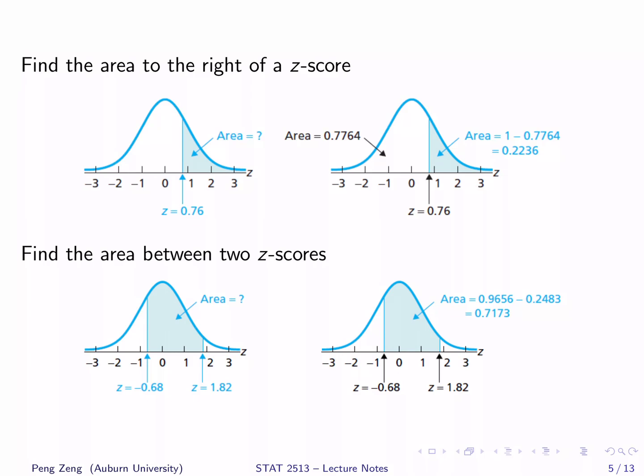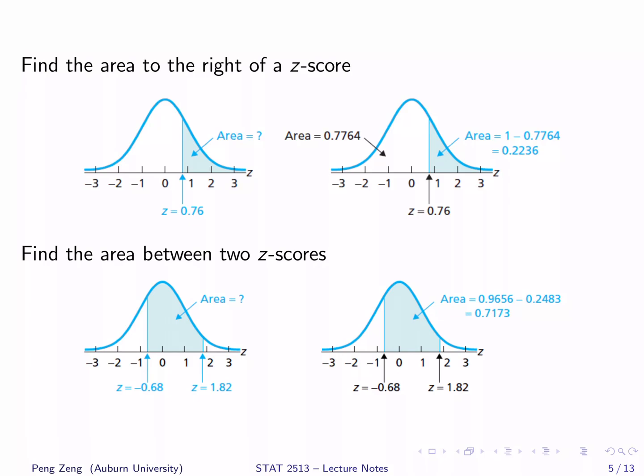Use 1.8 to locate the row and use 0.02 to locate the column. The probability is 0.9656. The difference between these two probabilities is 0.9656 minus 0.2483 equals